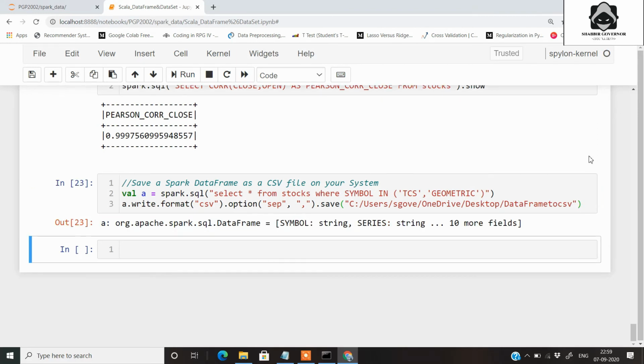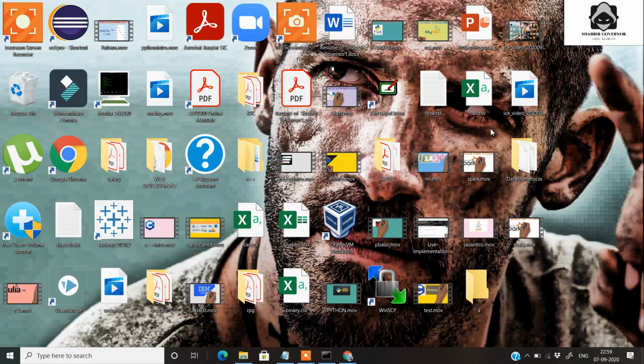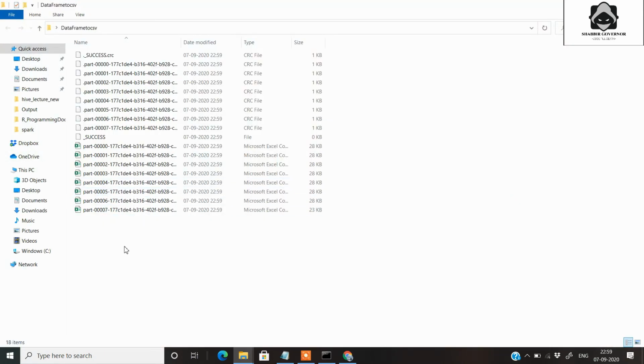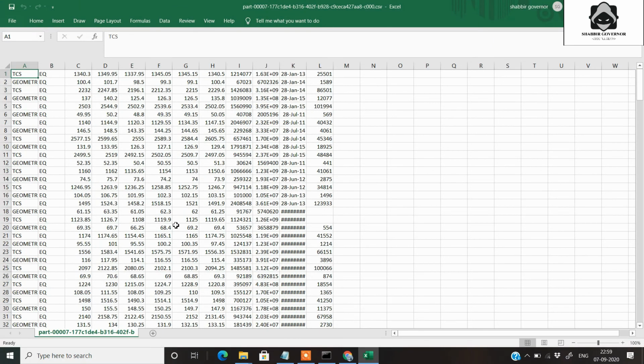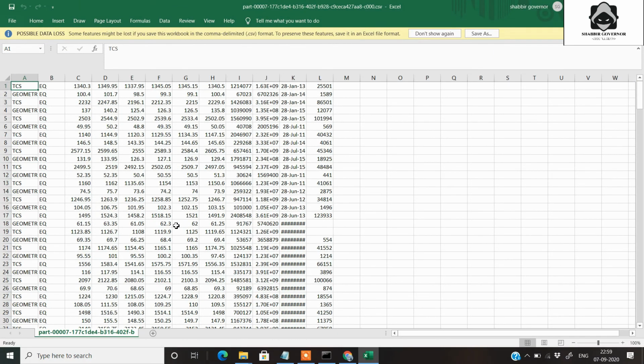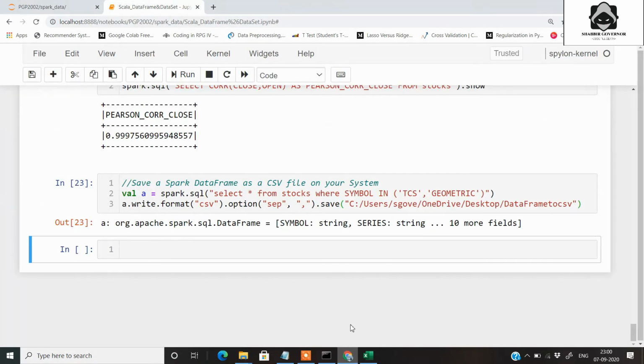So once you run this thing, you need to search for this name on your desktop. So let's find out. I have got a folder here, and if you open this folder you will see all your output files in the form of part files here. So this is the advantage of Spark. You get the output in the form of part files, so that the reading part in Spark and also the writing part in Spark is very fast, even if your data is in a very huge quantity. So this is the advantage of Spark over other APIs like Pandas and Scikit-learn, so that the processing in Spark is much faster.